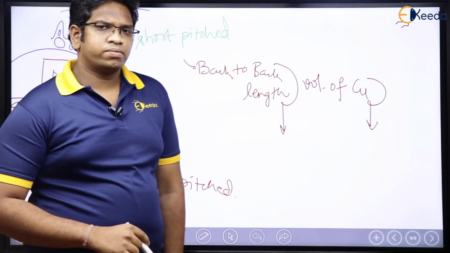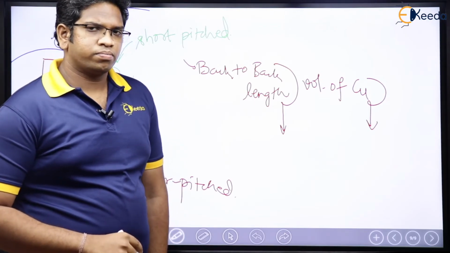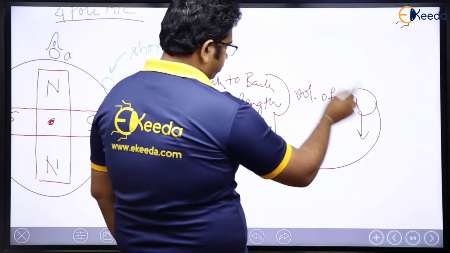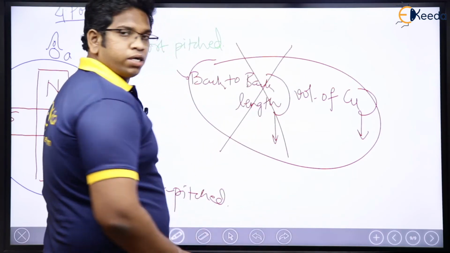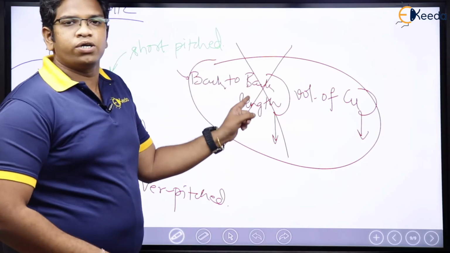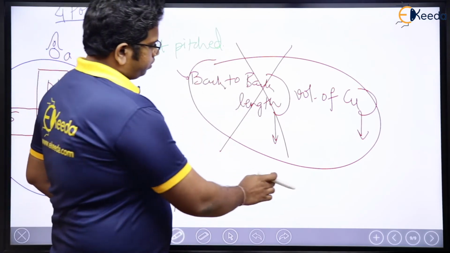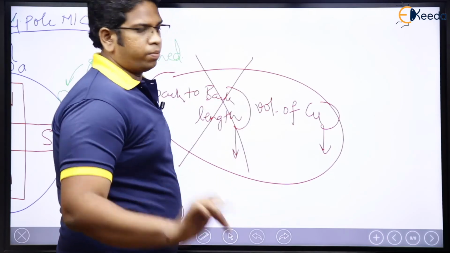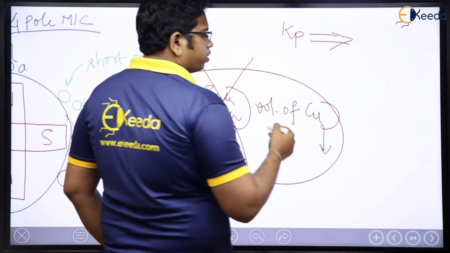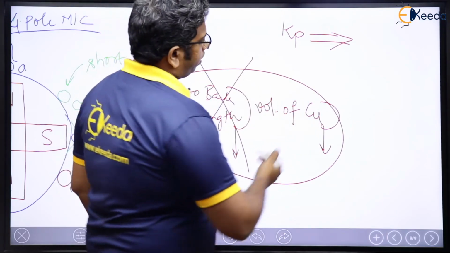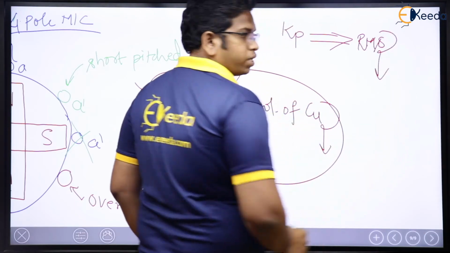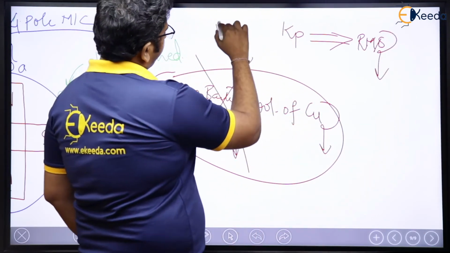Is it true? If you remember, I would have told you, this is completely wrong. Whoever is thinking this or teaching this, it is completely wrong. What is right? Because see here, I will explain with logic. We know that whenever we have short pitch, what happens? RMS value reduces or not? RMS value is decreased. But my alternator is 11 kV only.